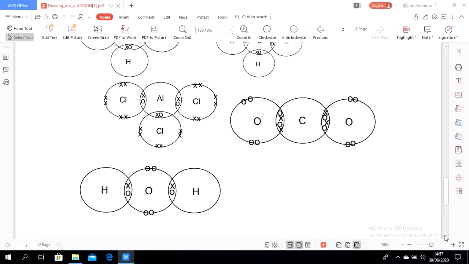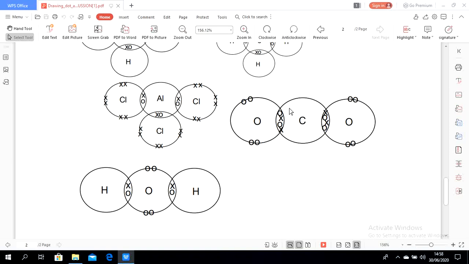And then let's see here. Aluminium chloride. Aluminium, we know it is a metal, but it is not a pure metal. So aluminium chloride has 3 electrons in the outermost shell. It has covalent character. So we can draw AlCl3 like this. This one has 3 bond pairs without any lone pairs. So the shape of AlCl3 is trigonal planar with the angle 120 degrees.